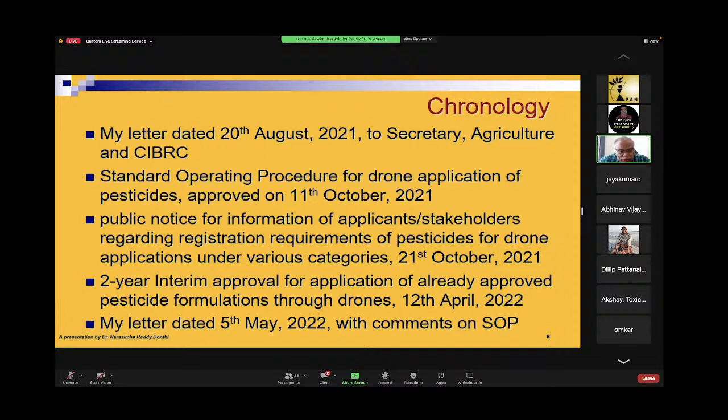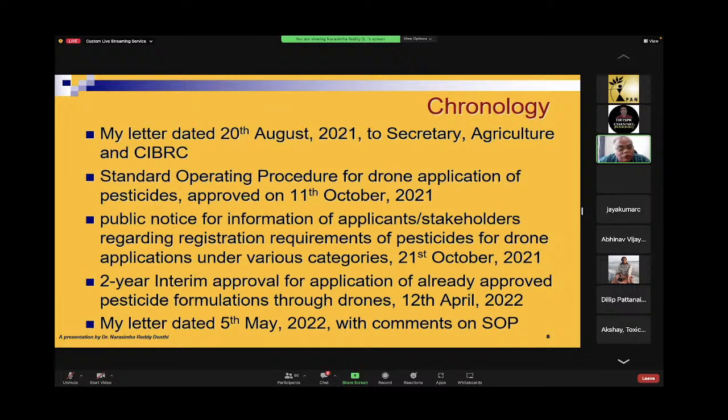आज भी केंद्र सरकार के जो भी है वो ड्रोन से एरियल स्प्रेइंग करना बैन है, लेकिन इसको कंसिडरेशन में नहीं ले रहे हैं वो लोग, एंड इलीगली दे आर अलाउ कर रहे हैं कि ड्रोन से स्प्रे करने का। तो जहाँ भी आज भारत में ड्रोन्स के जरिए जो स्प्रेइंग हो रहा है वो इलीगल है, अगर एग्जेम्पशन CIBRC नहीं दिया तो। ये CIBRC हम जो मुद्दा उठाने के बाद ये लोग ये स्टैंडर्ड ऑपरेटिंग प्रोसीजर का बात कर रहे हैं, लेकिन ये इसमें जो कमियां हैं मैं आगे बताता हूँ। So I'll speak about